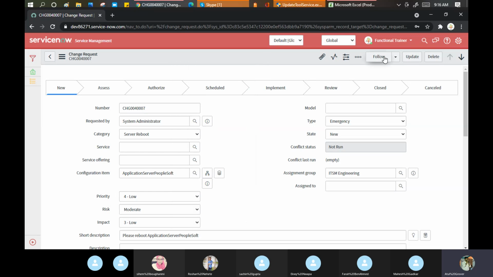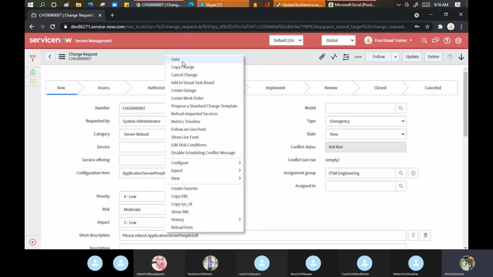So even though you can see these buttons are there, right? These are also UI actions. Now my question comes: why is there no button called save here? Why do they have a save here, but not here? Why do they have an update here? So that by mistake it should not be clicked? No, is it because you haven't put in all the information, there's no new information to save on the form?